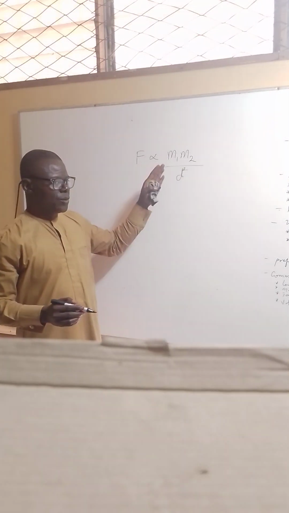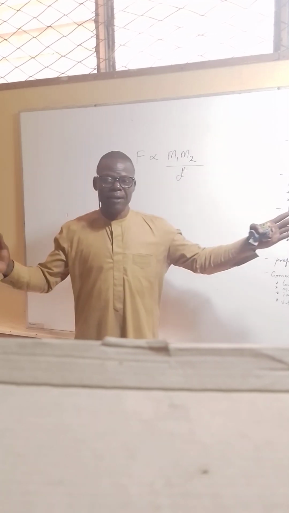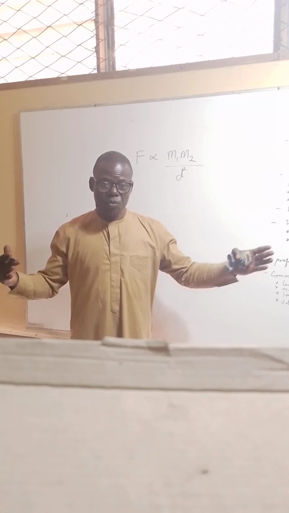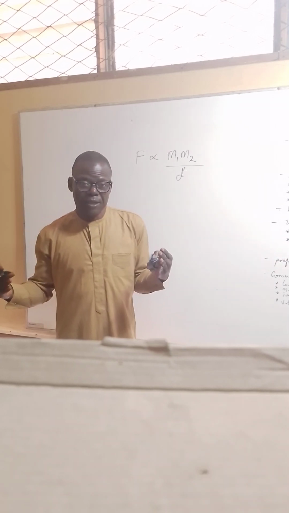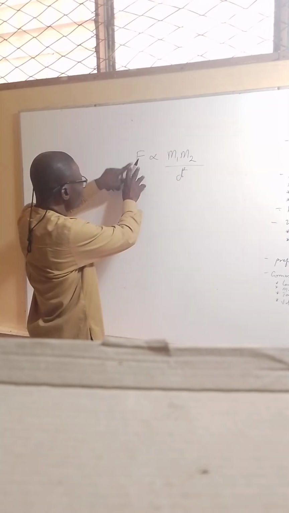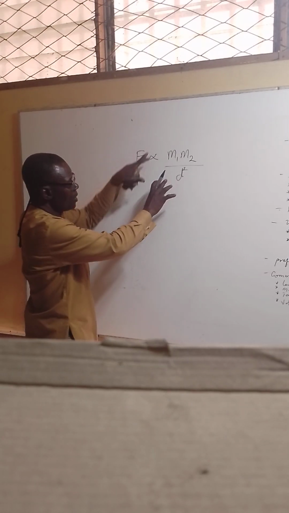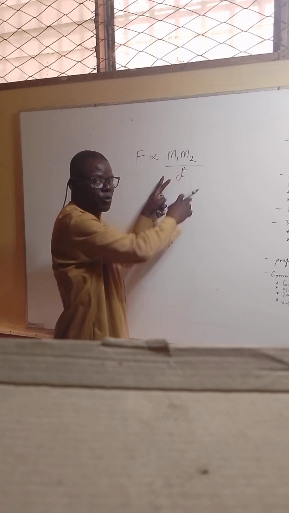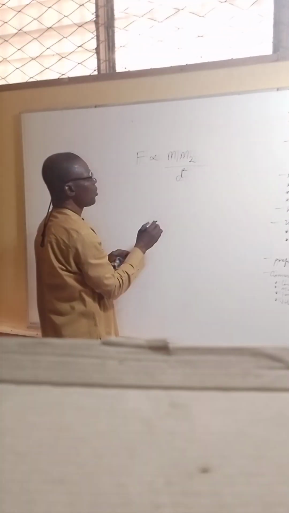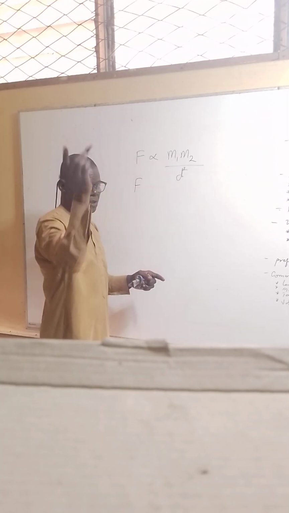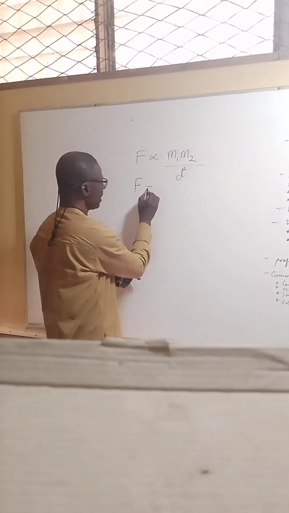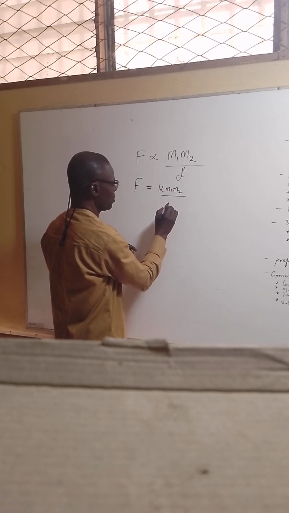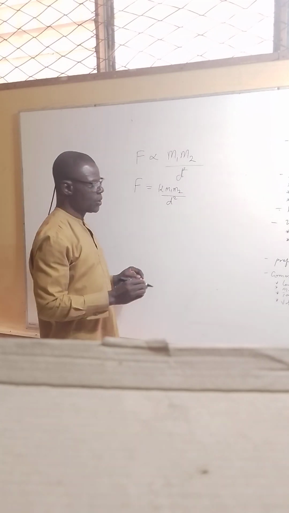Which means if two ships are lying side by side in an ocean or in a sea, the one ship will attract the other to itself. They magnet each other, and the force of attraction is proportional to the product of their masses and inversely proportional to the square of their distance. Therefore, we can form an equation from here, just as we did in the case of finding the force. We have F is equal to K M1 M2 all over D squared.